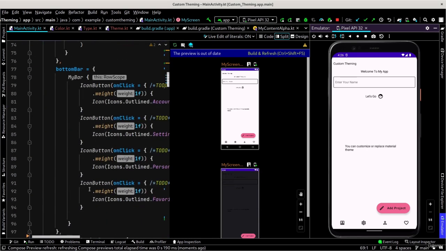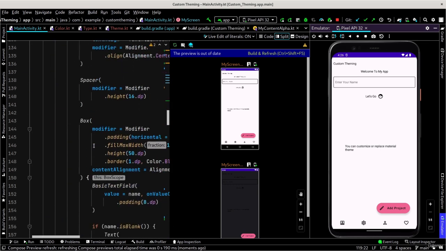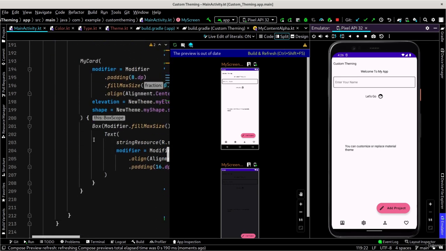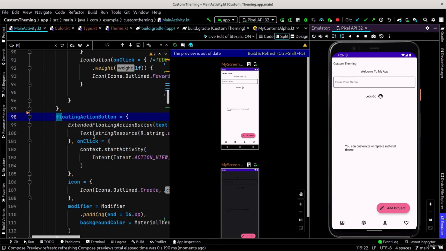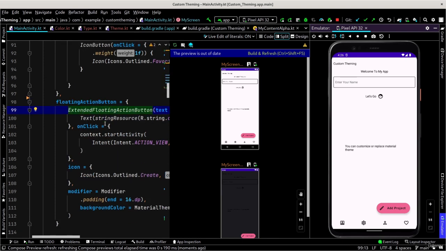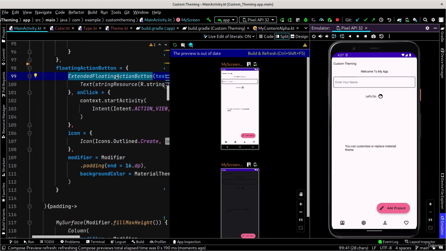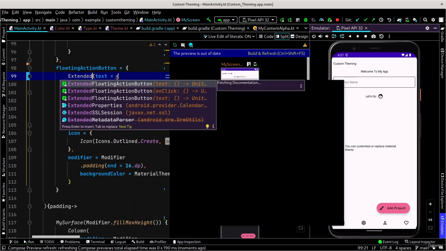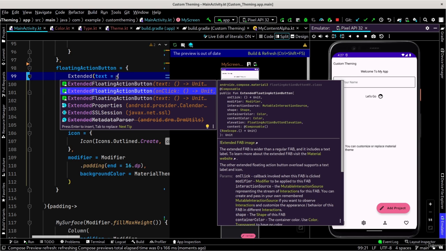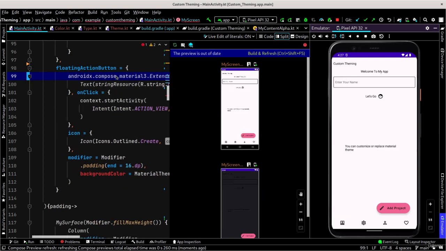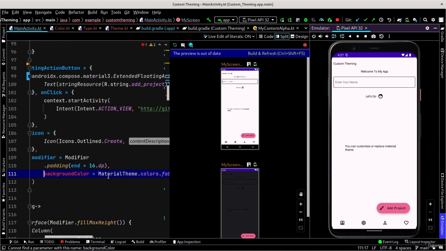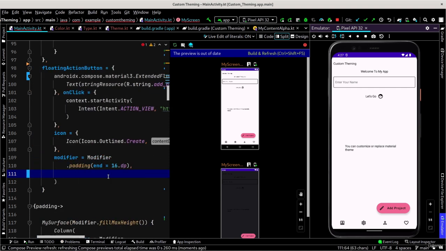And for our floating action button, let's find our floating action button. Yes, floating action button. It's the extended floating action button. I'm gonna use the extended floating action button from Material3 package, like this. And let's remove the parameters that are not available, like background color,